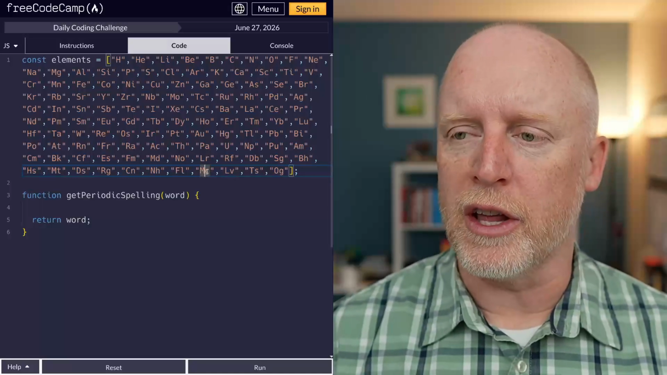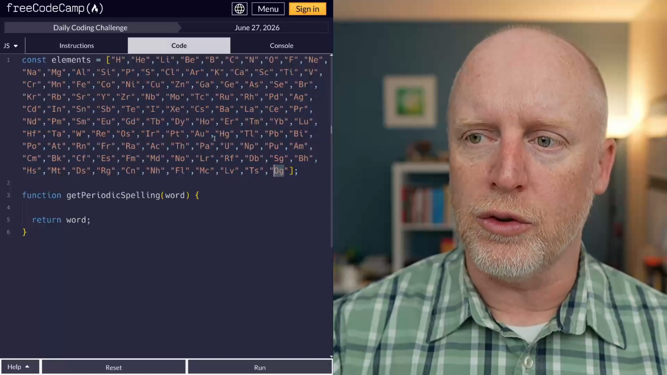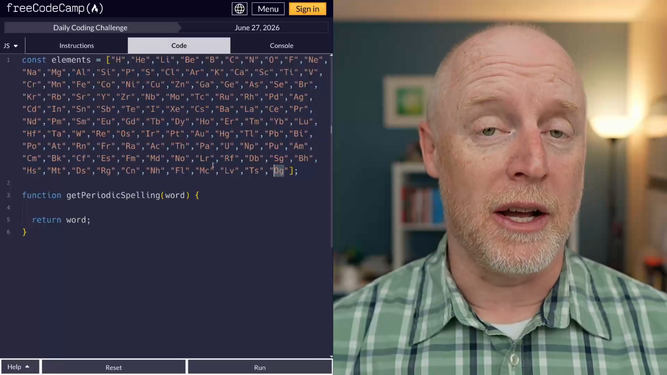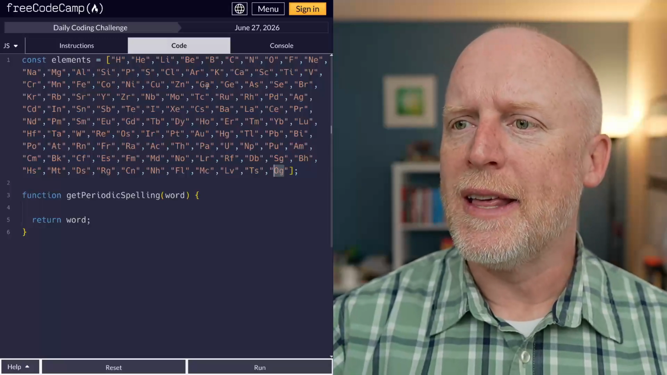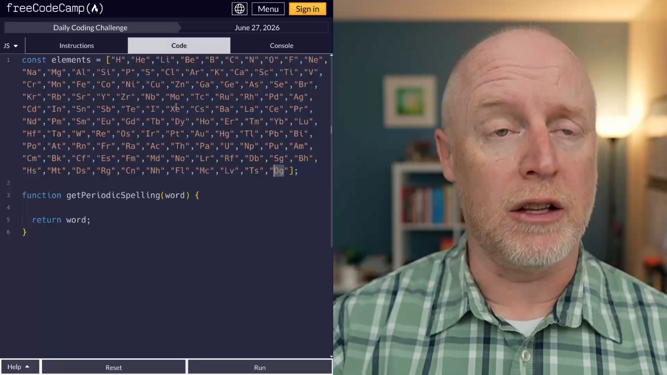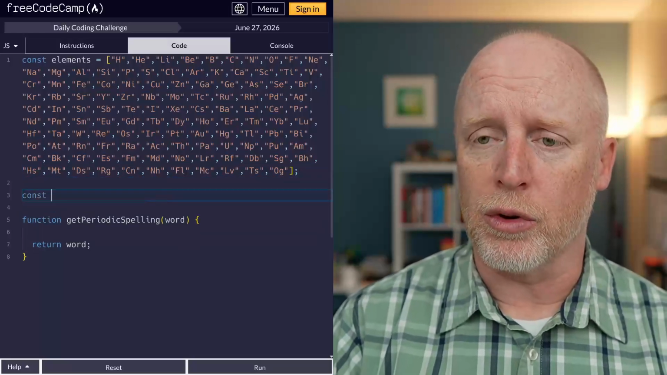I'll show you exactly where that is. But just calling that out, that today we only have 1 and 2 character elements, but there are some 3 character elements. So fun times. We also need these in a lowercase format. So let's do that right away by going down here, and we're going to set that to